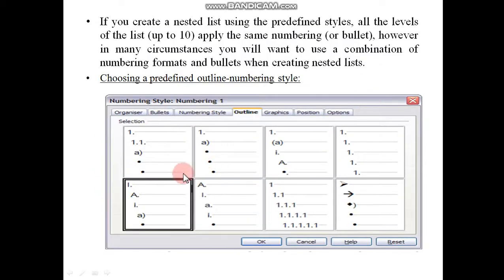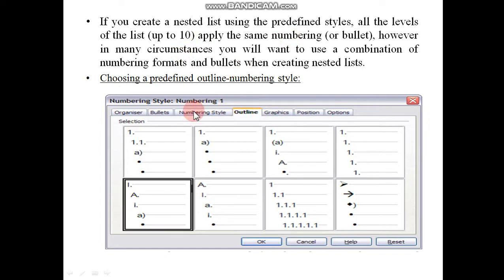Now, when you want to insert a nested list, choose a numbering option or a bullet list option. If you create a nested list using the predefined style, all the levels of the list apply the same numbering or bullets. However, in many circumstances, you will want to use a combination of numbering formats and bullets when creating a nested list.